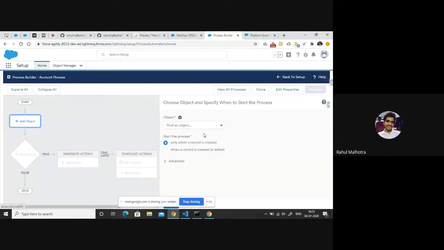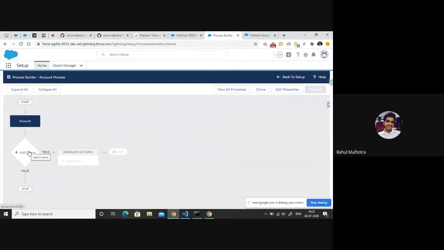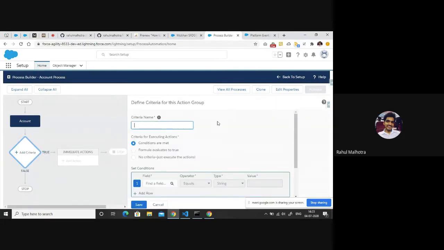So what do I need to do? I actually need to check the annual revenue field of my account object, right? So I'm going to choose the object as account here. And I'll run my process builder whenever a record is created or edited, right? I think we can just move it here. And now for the criteria, we can check if our annual revenue is greater than 50,000 and if our rating is not equal to hot, right? Because in that case, I need to show the warning message. So check annual revenue and rating.